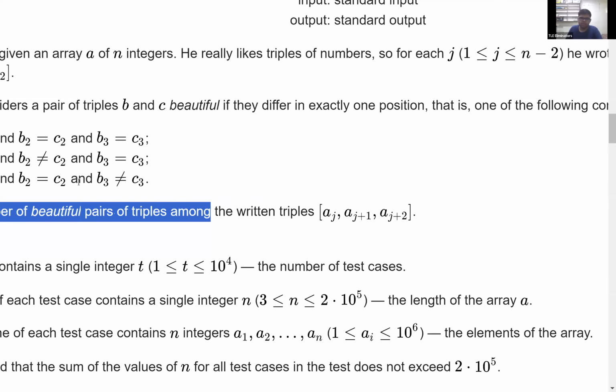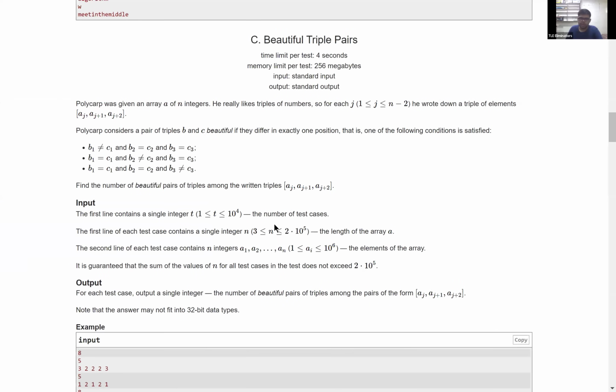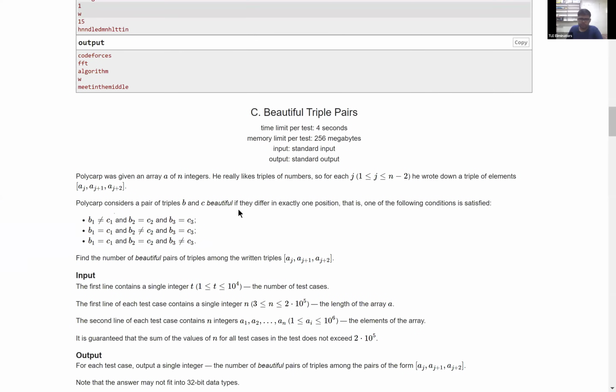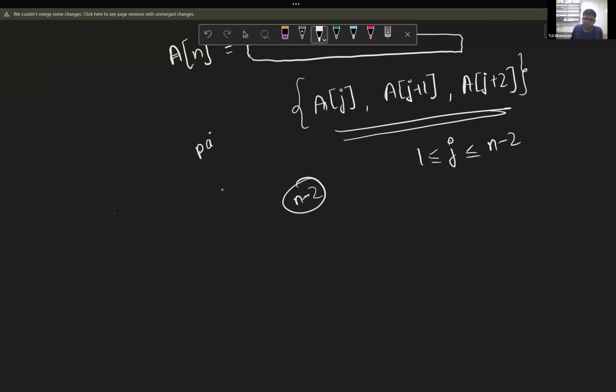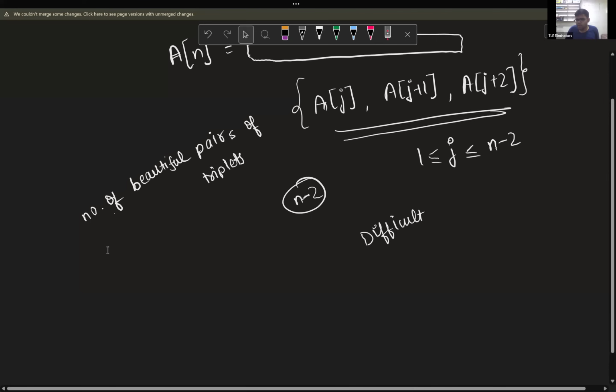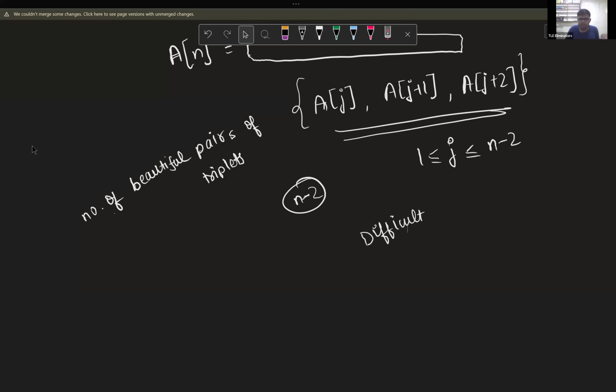So yeah, this part looks a bit ambiguous, I think. But the main thing is, in general, they have been asking us the beautiful pairs of triplets, or actually the number of beautiful triplets. Here is a disclaimer that the problem is a bit difficult. Generally, Div 3 C is a lot simpler than this, but in today's contest, we got a bit more difficult one